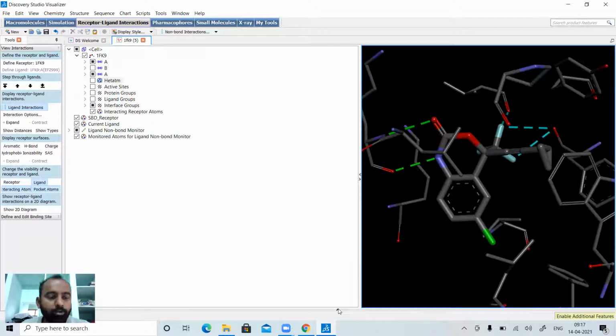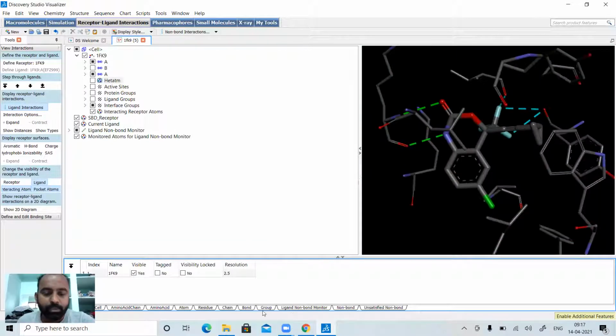Now you need to know the grid coordinates. From where can I know the grid coordinates? For that, you just click on this, go to chain. Once you go to chain, you get the coordinates. Now you can see 1.454394 x coordinate, 36.4279 y coordinate, 20.873 z coordinate. This is a three-dimensional space where my ligand is bound to the protein to give the efficacy or action. This part is very, very crucial in docking. These are the grid coordinates.